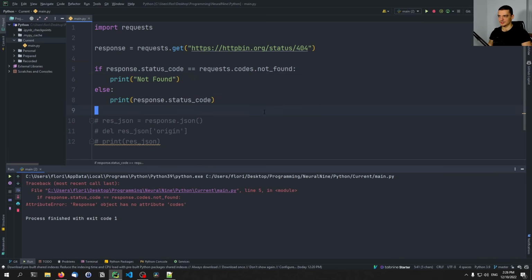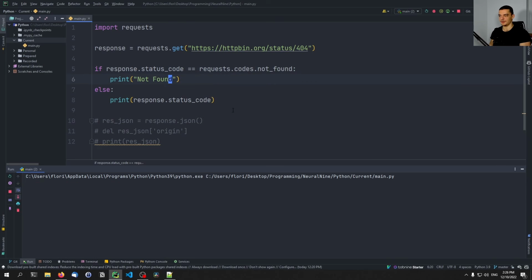So this is from the requests module. For the requests package, we have a codes module. And here we have these constants like not_found, which basically is 404, but you don't have to memorize the number. You can just check for it. If I change this now to something else like 500, internal server error, it will just display the code because it's not this one. So this is how we can do that. We can just do, if the status code is not found, do something. If we have an internal server error, wait, try again. If we have